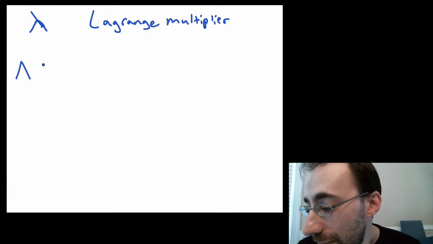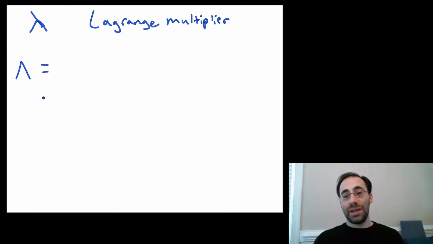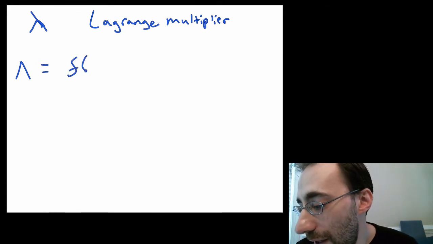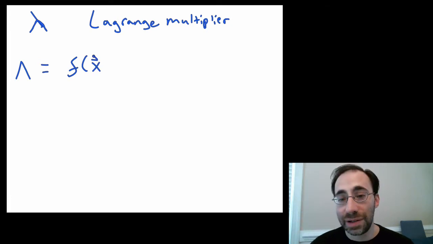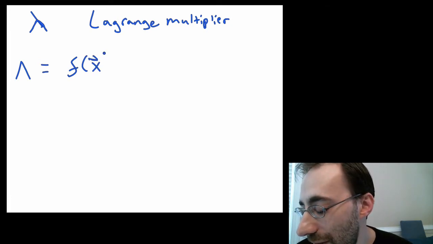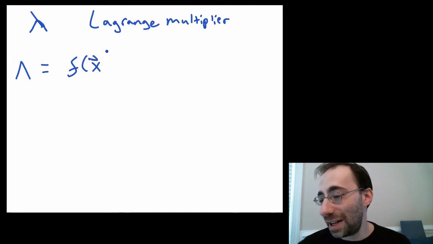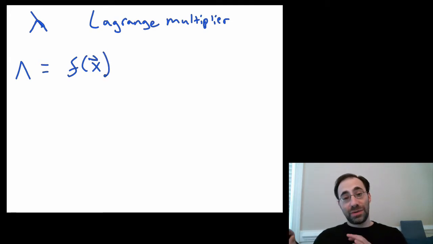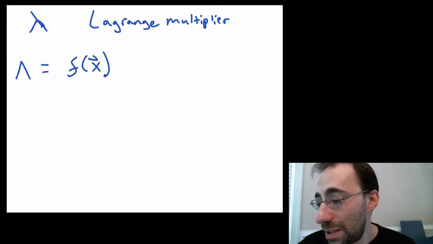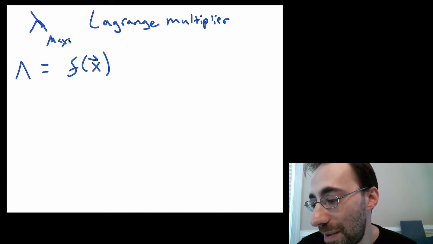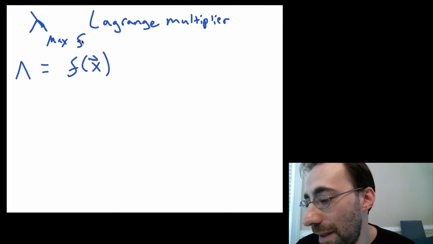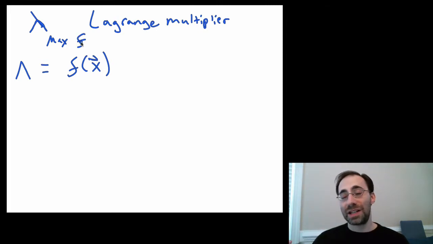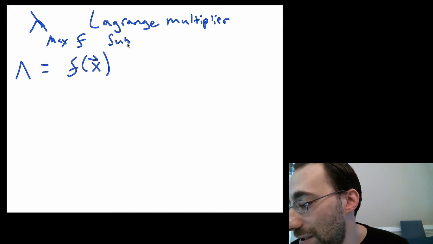Here's the thing we use for it. And this is going to equal the original problem. So there's an f, and it's going to be some function of variables x. And that's the original problem we have. So the problem is, I'm going to deal with maximization here because it's more common, but it doesn't matter. Maximize f. That's how the problem is normally stated. Maximize f subject to constraints